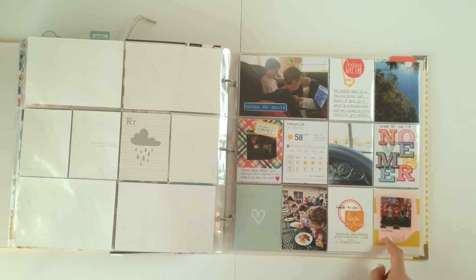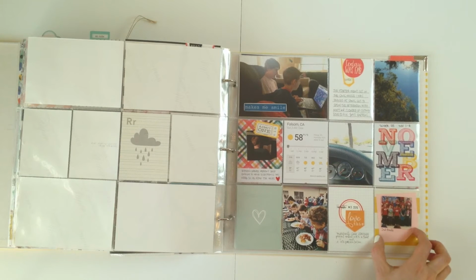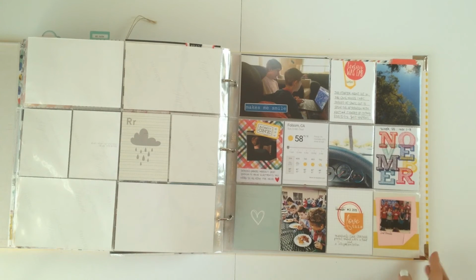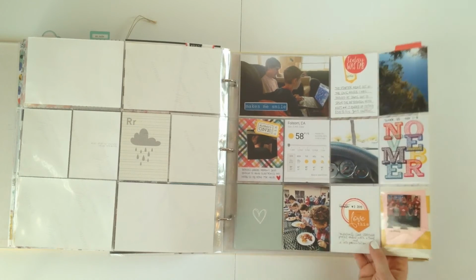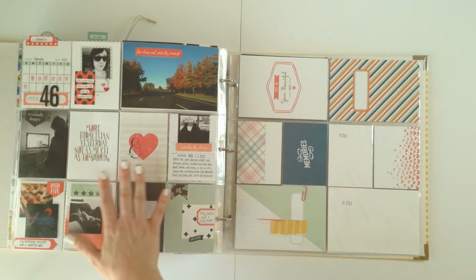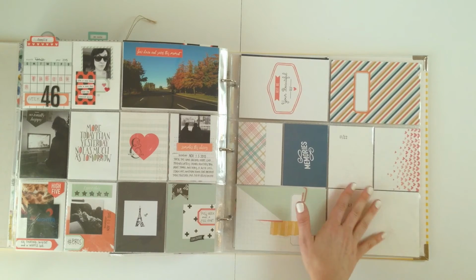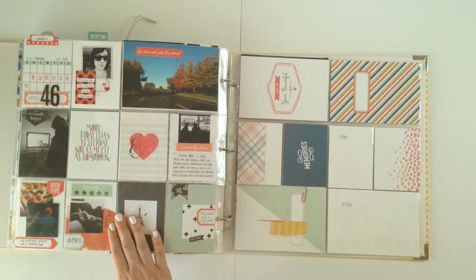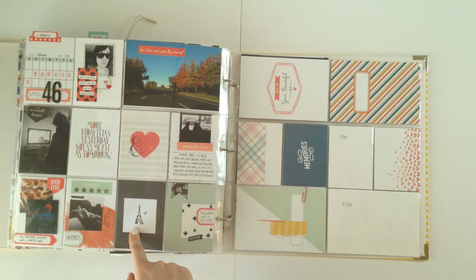I also used something kind of weird, which was just a sticky note, just a regular Post-it note, because I needed a little something to back, and the pink was perfect. So I just trimmed it so that it fit, and then I kind of gave it one of those little folds so that it looked like a little Post-it note. And then again, just on the back side of this, I don't have anything for that week here. So this is just the week 46, which I've had so much fun with, and you will see this as my